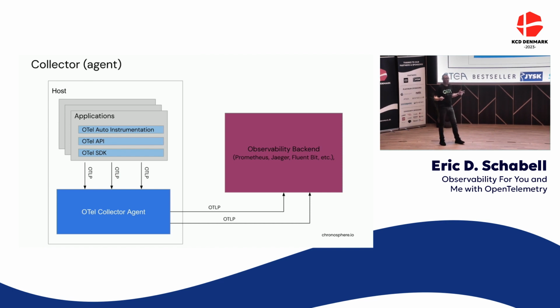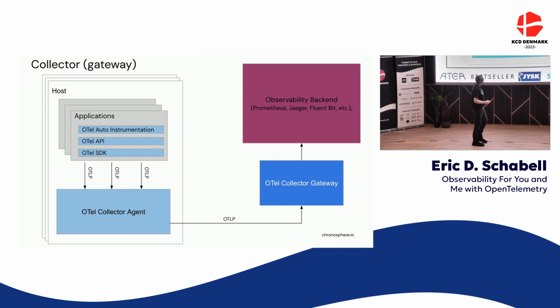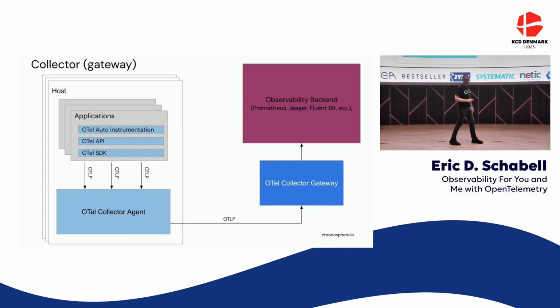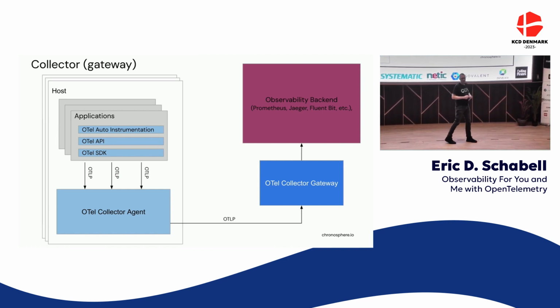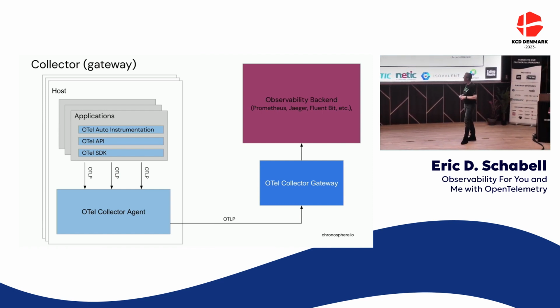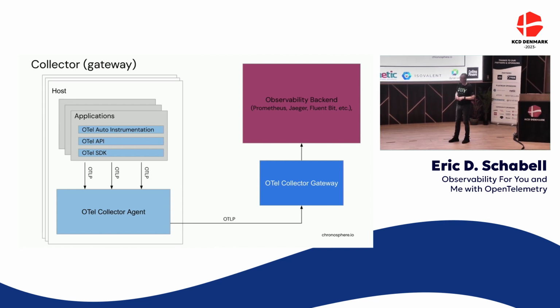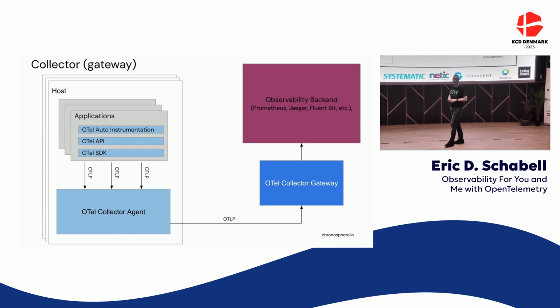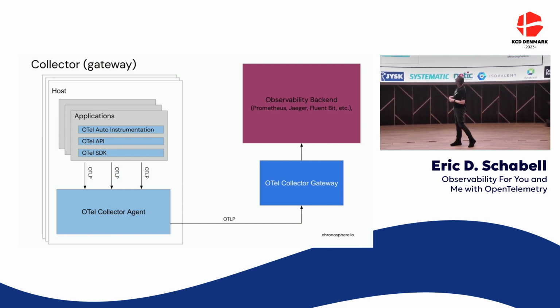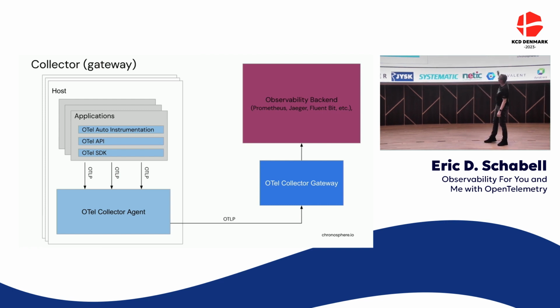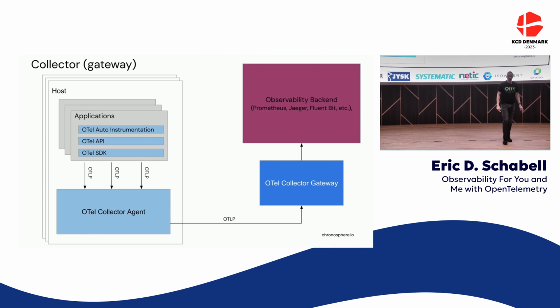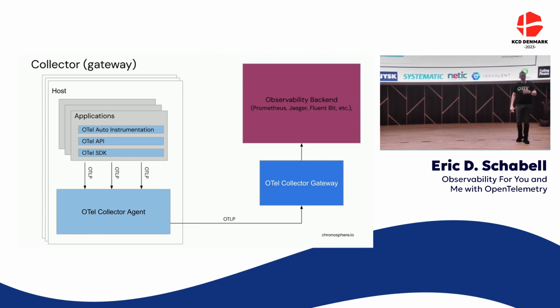But what do you do when you have a whole region or a whole data center or things like that? Well, now add another layer, a gateway. So he's collecting a bunch of collectors. So it is designed to scale and to do this at high speed. It is also designed to not lose stuff. So there's a lot of stuff that's taken care of for you right up front, right? Very easy. See more hosts, more applications, collecting on each one, collector to the back end. Pretty straightforward, right? Y'all ready to run out of the room and go do it?